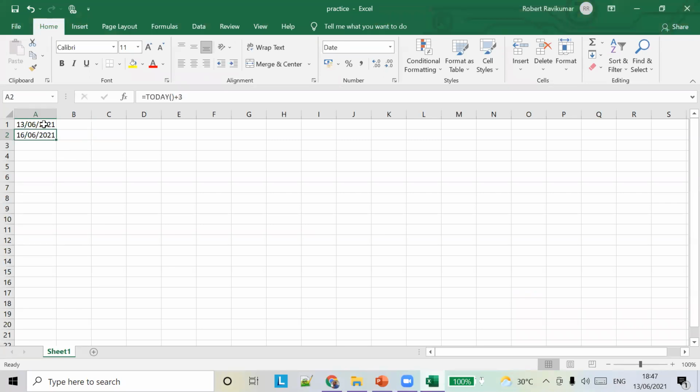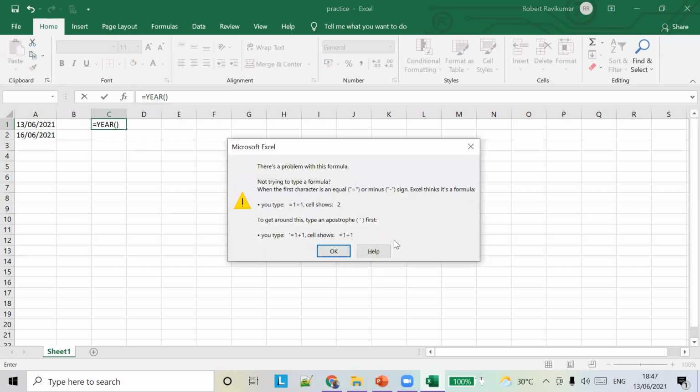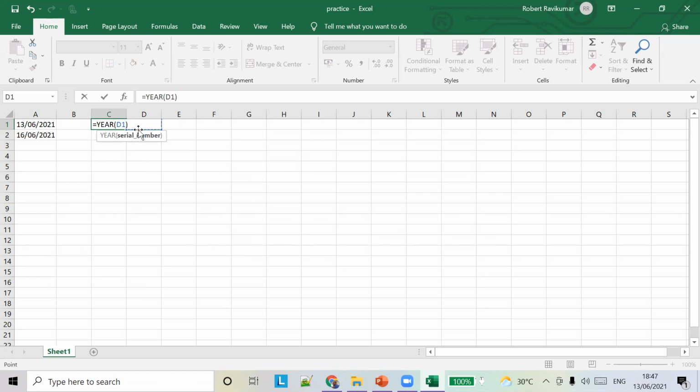So let's try to get the year from this date. From A1, we have a date, and we're going to find the year from it. So equals YEAR. When you type this, you have to pass a parameter. We didn't pass any parameter, so we pass A1.